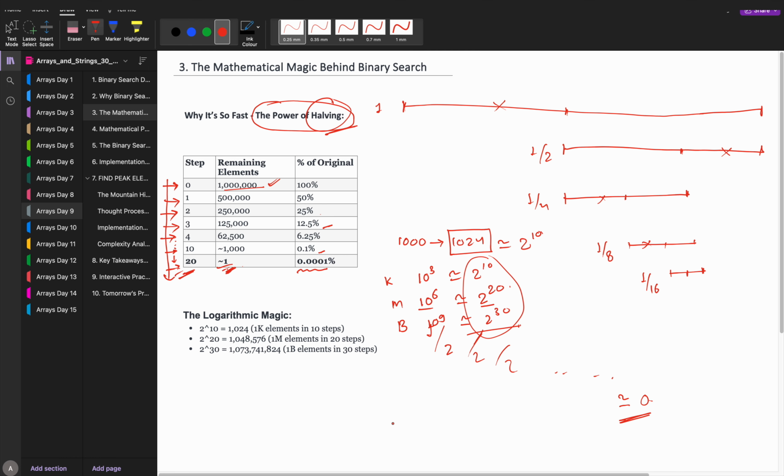So if I take log of 2 to the power 20, what will I get? Because the base is also 2, I will get 20 times log of 2 to the base 2, because we keep dividing into half, dividing by 2, that's why the base is also 2. So log of a to the base b is equal to 1. When does this happen? If and only if a is equal to b. So here, is a equal to b or not? Base and item both are 2, so that's why it will become 20 only. And that's exactly why it is 20.